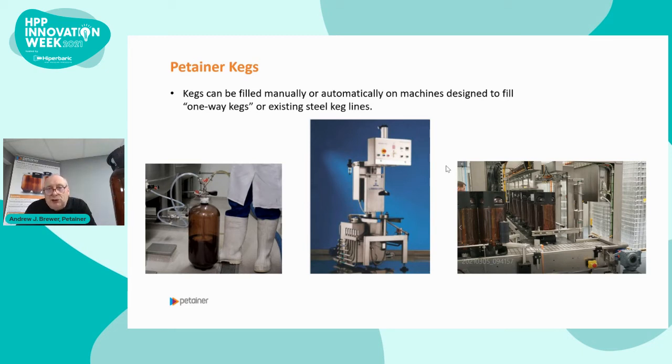If you want to do more automation, in the middle panel there is a machine that's designed for what we call one-way kegs, and these machines run anything from $13,000 to $25,000. On the right-hand side, you'll see the kegs being run on an existing keg line. So if your people or your customer have an existing keg line, you can run the keg on that. It requires a little bit of modification, basically to the program to remove the washing and sterilizing steps, and the keg just steps through the machine, gets to the filling head, is filled